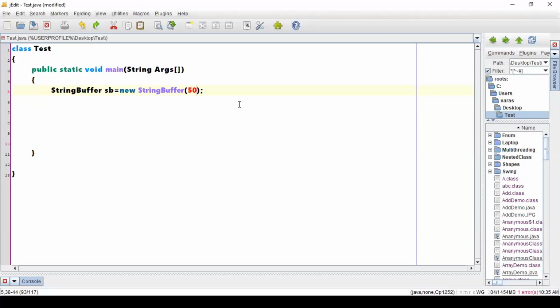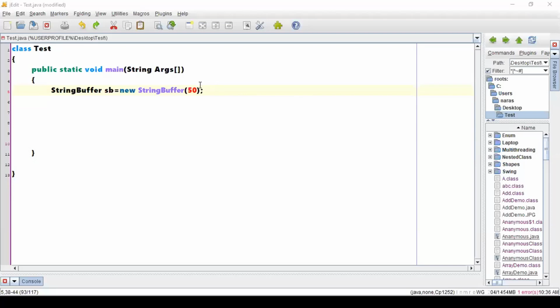Correct? Now, for the newer string buffer to come into existence, it has to perform an allocation. I am telling you a procedure. First, a new bigger string buffer needs to be created. Then each and every character from your previous string buffer needs to be copied to the new string buffer. This is a procedure. Can I say that for this procedure to happen, there should be some extra task to be done with respect to the string buffer?